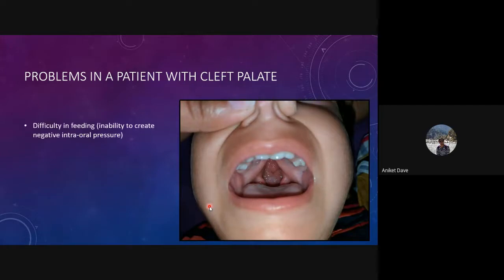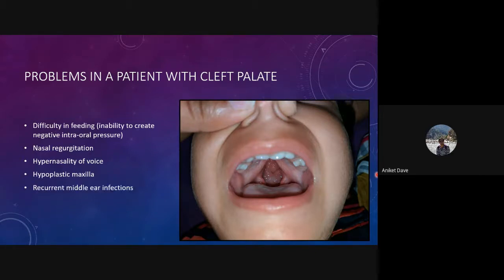Coming to a child with cleft palate, their biggest problem is not cosmetic or aesthetic, because a cleft in the palate is not visible from the outside. The biggest problem that they have is the difficulty in feeding. This is because they're unable to create a negative intraoral pressure as the oral cavity and the nasal cavity are communicating. This causes a difficulty in sucking the milk, as well as results in nasal regurgitation. If they're able to feed, the feeds also enter into the nasal cavity. Along with this, they have a hypernasal voice, again because the oral and the nasal cavities are communicating. And they also have a hypoplasia of the maxilla.